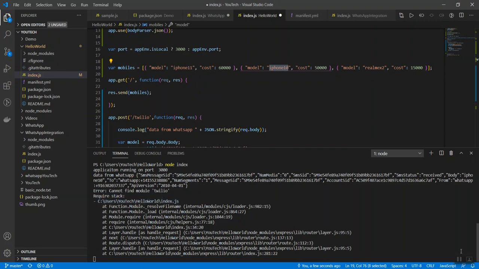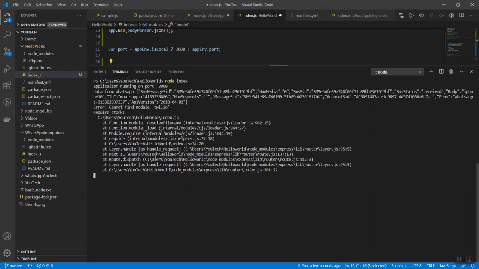the message. Yeah, we got a message called cannot find module Twilio, so we didn't install this module. So please install this module itself: npm install twilio. Yeah, so I'm installing the Twilio module here. So let's see now. Once I install this Twilio module, again I will start this project. Again we do the same testing again. Let's wait for one more minute.